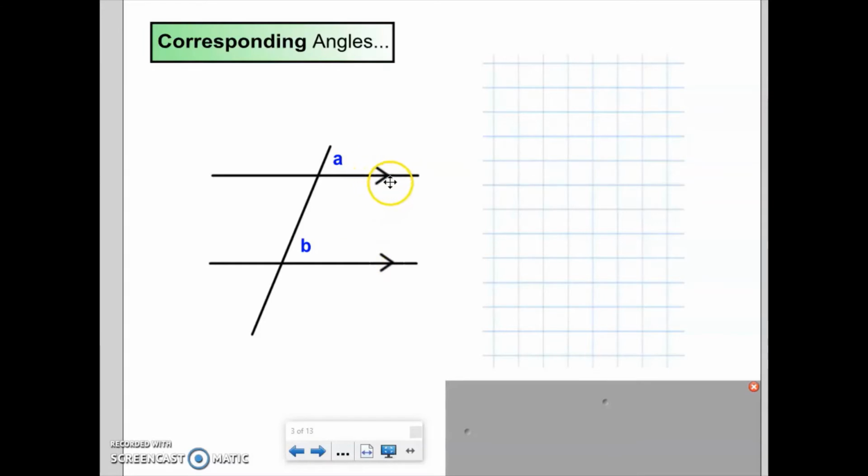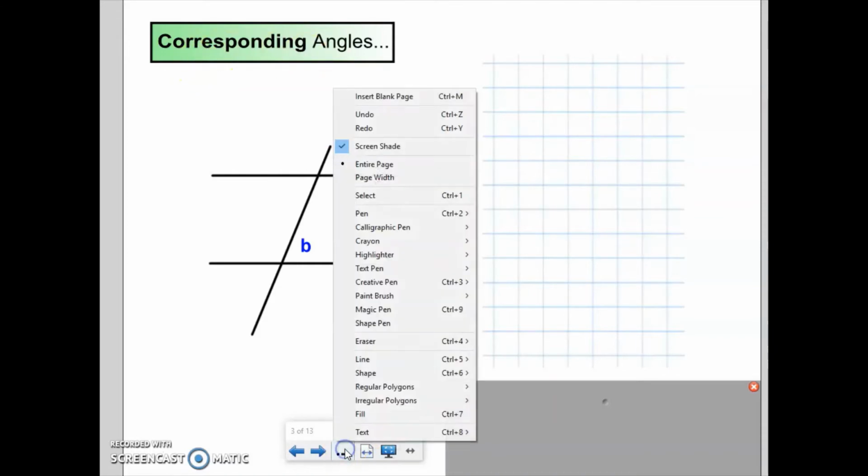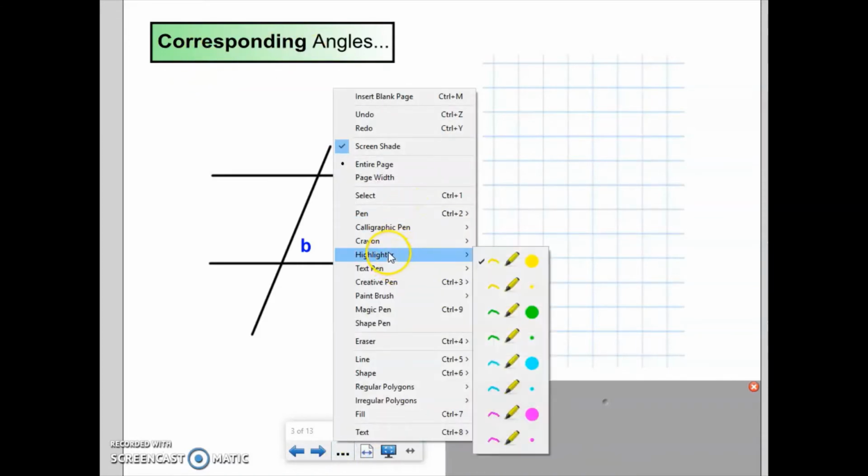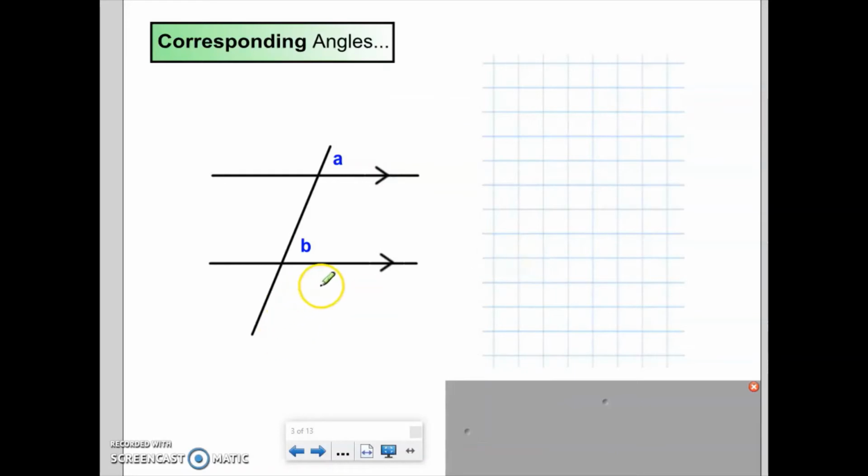In a lot of questions, these little arrows will tell you that the lines are parallel. However, they're not in every single question. Okay, so the first type of angles we're going to look at are corresponding angles. So you can see where I've labeled angle A and angle B. If I draw on